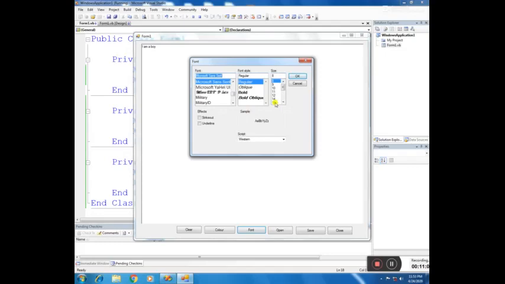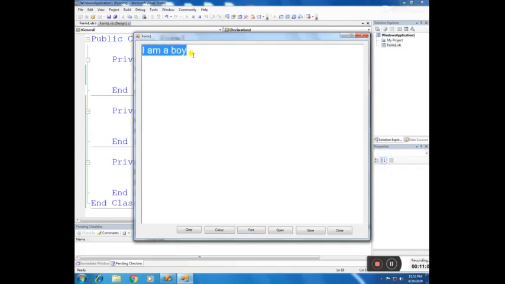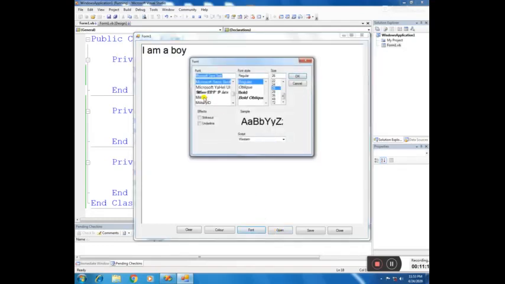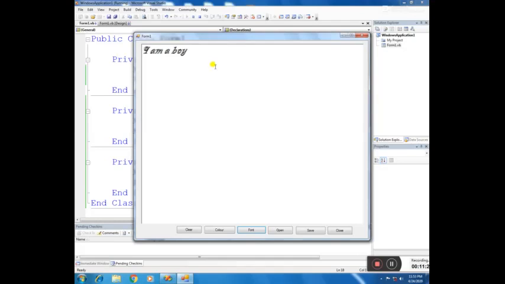We will select one font, size 26, okay, and have a look. The font has been changed, the size has been changed. You can again select a font and change it. Okay, and the font has been changed.